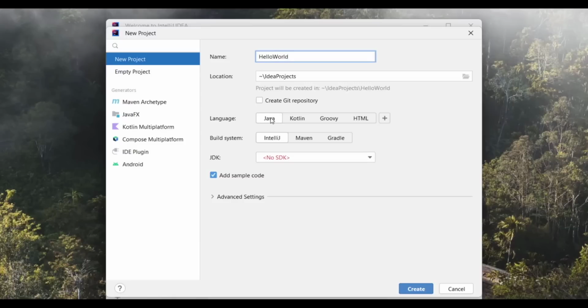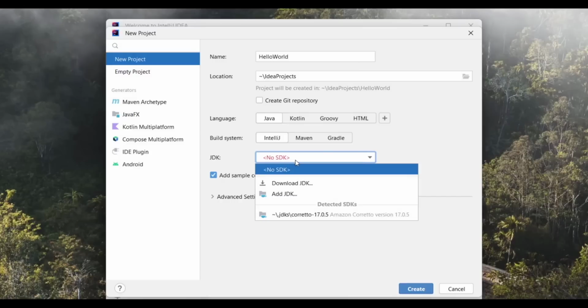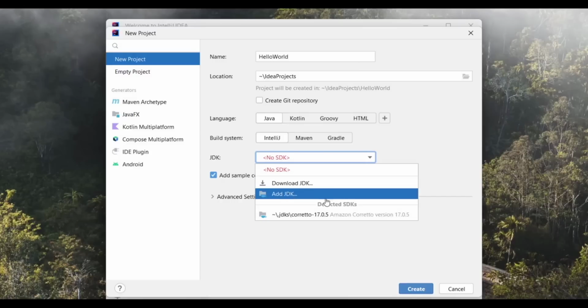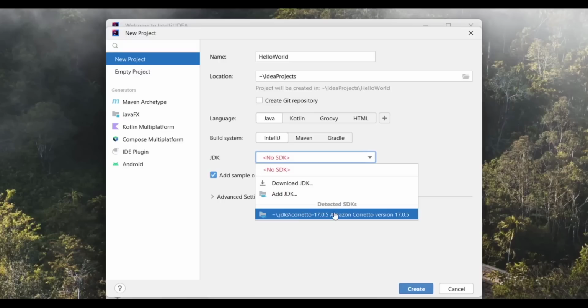For the language you select Java, for the build system IntelliJ, and as you can see here it says there is no SDK, but if I click here, as you can see down here it says detected SDK, so it detected the JDK that we installed in our previous video, and this will probably be the same for you.